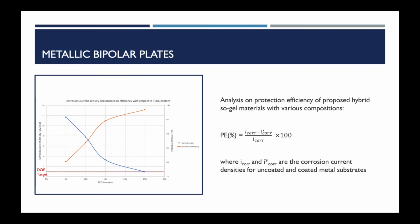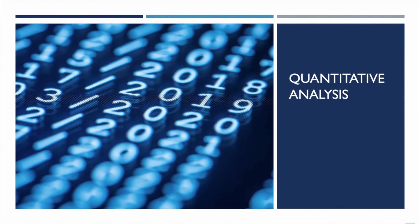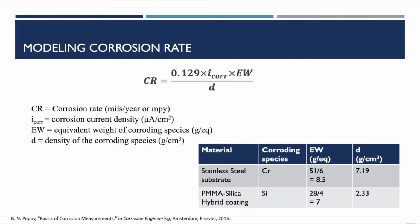The DOE target for corrosion current density is 1 microamp per square centimeter. Thus, the target can be achieved with compositions of 75% PMMA and 25% TEOS. The results prove the potential success of achieving the DOE target for the proposed coating technique and the material with properly selected composition. For the metallic bipolar plates, our quantitative analysis involves the corrosion rate calculations with this equation from